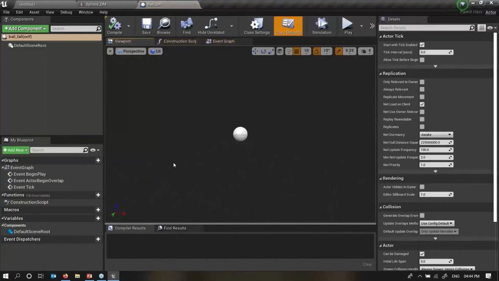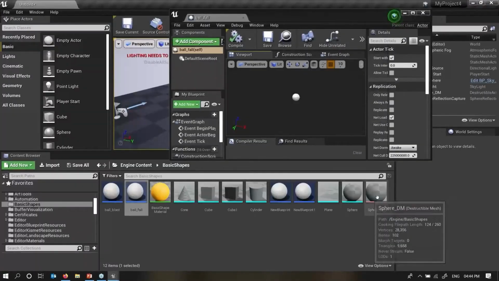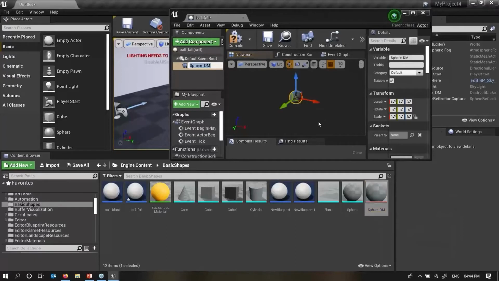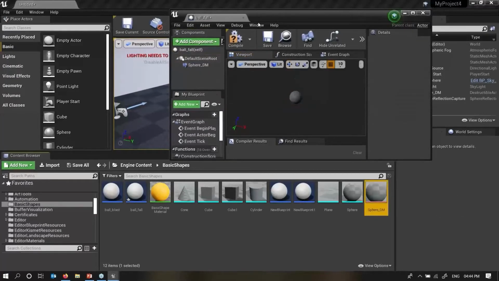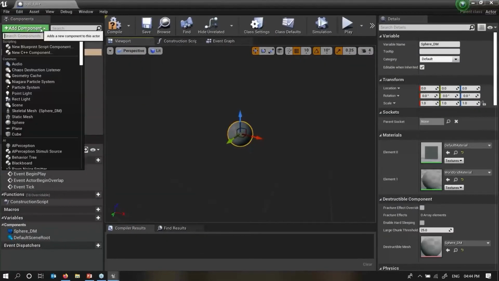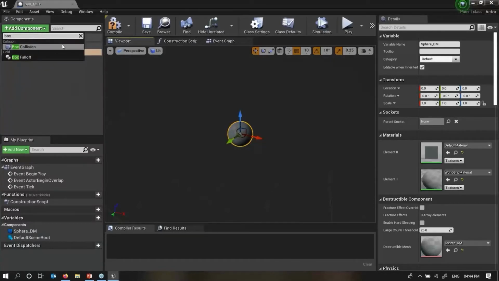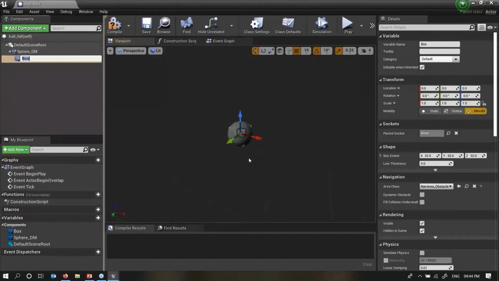So here what we'll do, now we'll import our DM, spear DM, which we have created. This is there, just drag and drop it over here into my blueprint, right? Now once I've done the blueprint over here, I'll select add component and go to box collision.